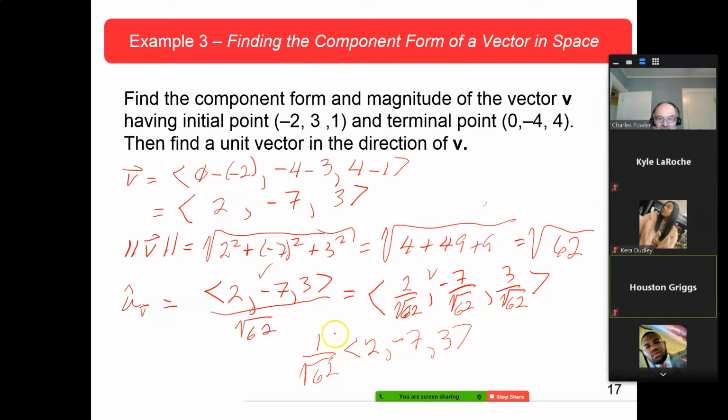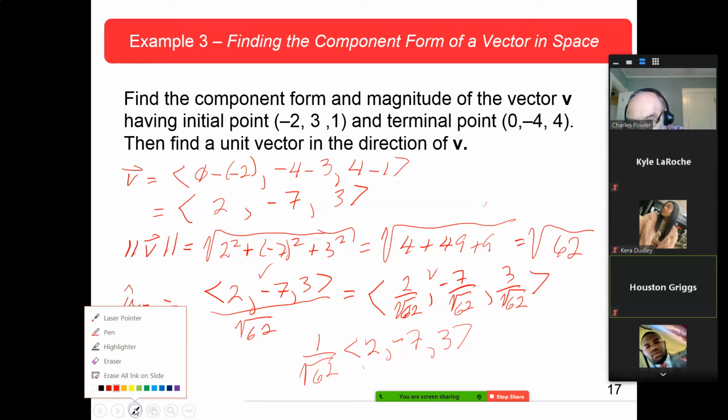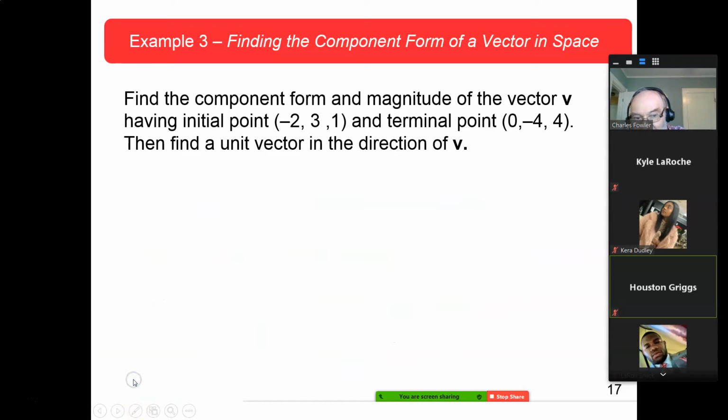This is what they wrote finally. That's what I wrote finally, but they started with this one. I started with that one. Either one, fine. Okay. Any questions? Example 3. Okay, what I'm going to do, if there are no questions, is erase my scratch, and let's see